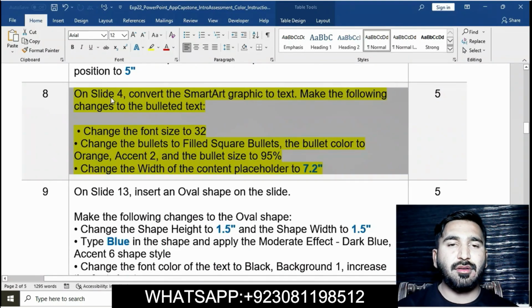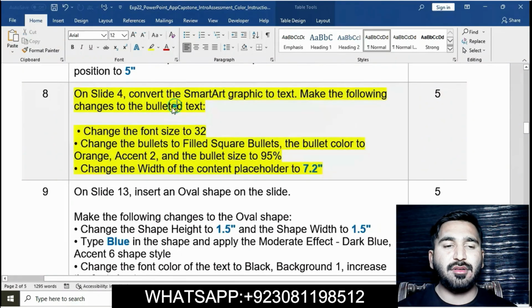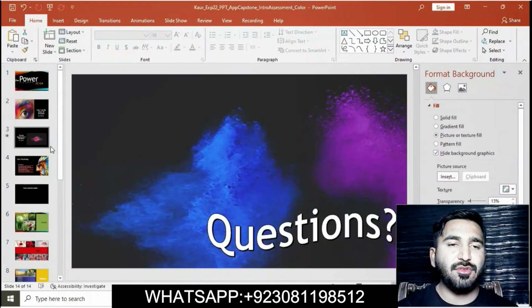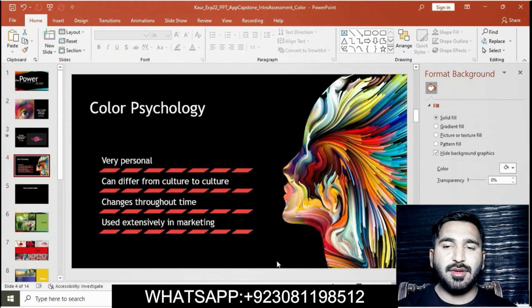First we will see on slide 4, convert the smart art graphic to text. Now change the font size to 32. Change the bullets to filled square bullets, the bullet color to Orange, Accent 2, and then bullet size to 95. Change the width of the content placeholder to 7.2 inches. Okay, on slide 4, click on slide 4 and then